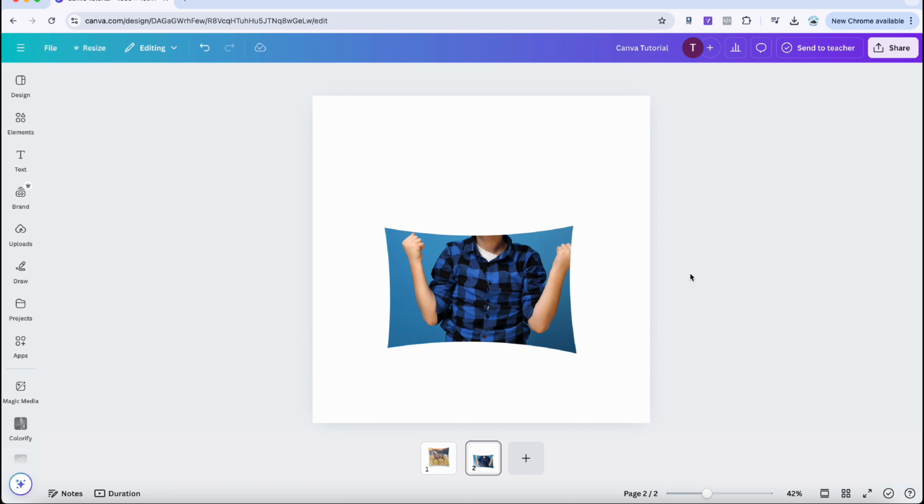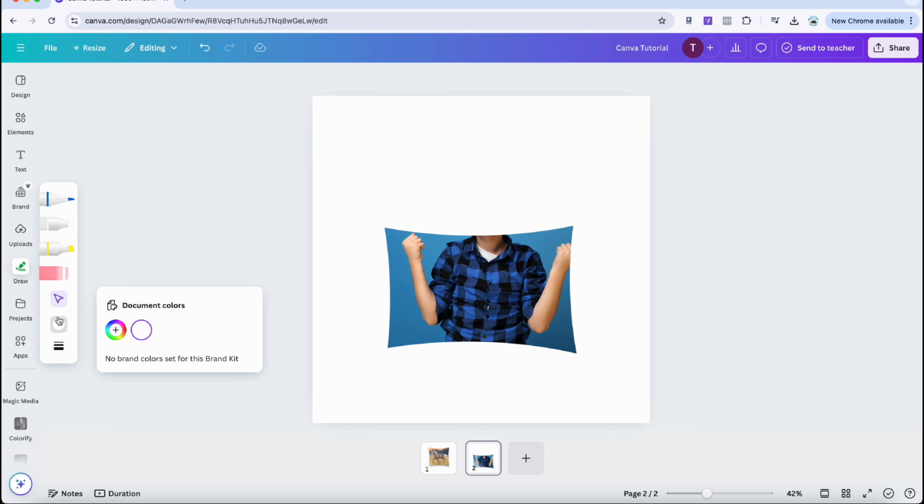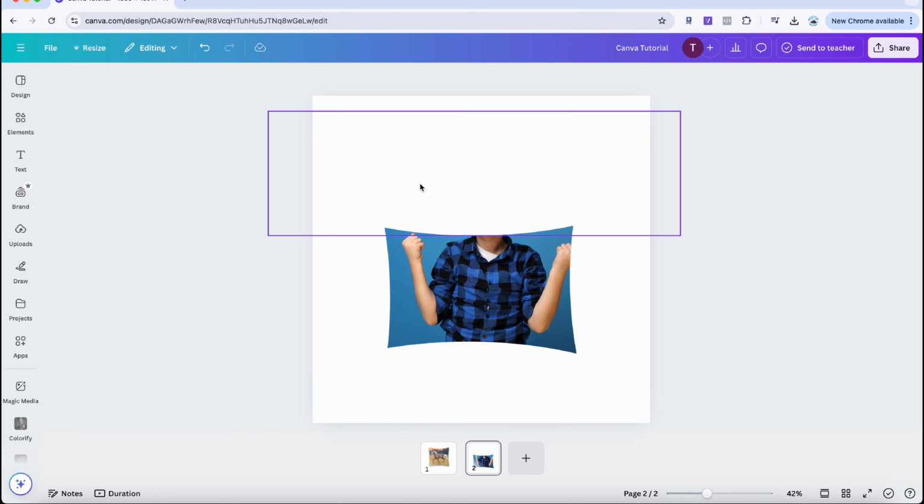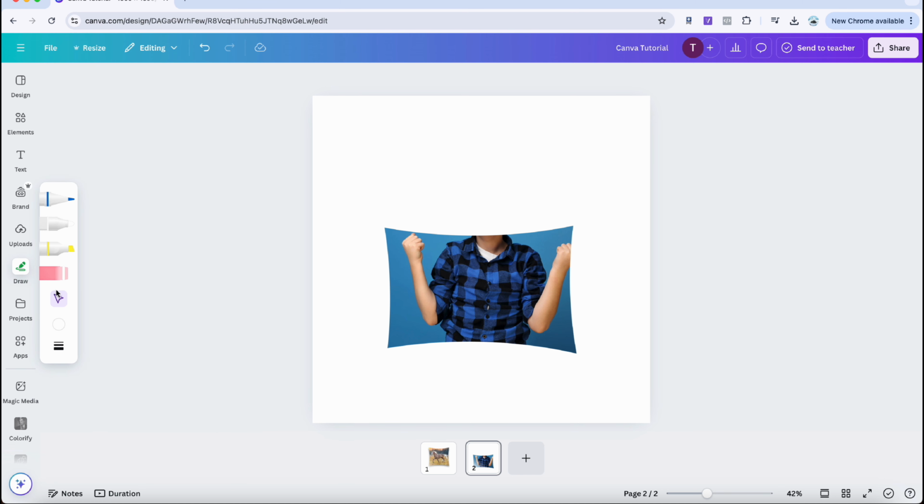Now comes the artistic touch. Click on Draw from the toolbar and select the pen tool. Set the color to white and increase the transparency slightly. This makes the edges blend more seamlessly. Adjust the pen's weight and use it to fill in the areas around the curves and the boy, creating a